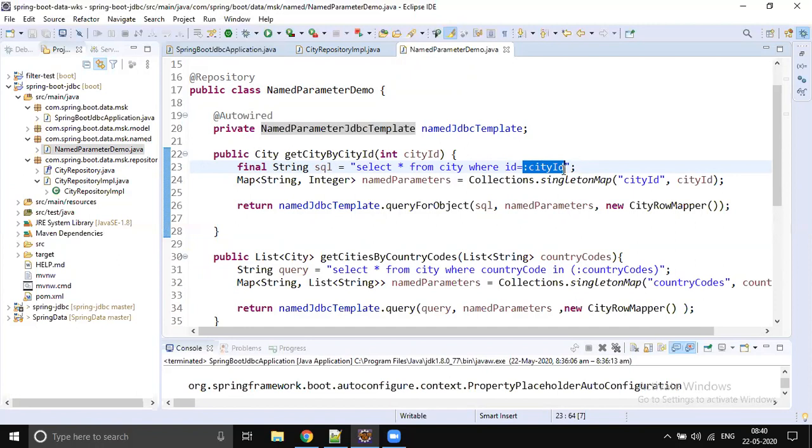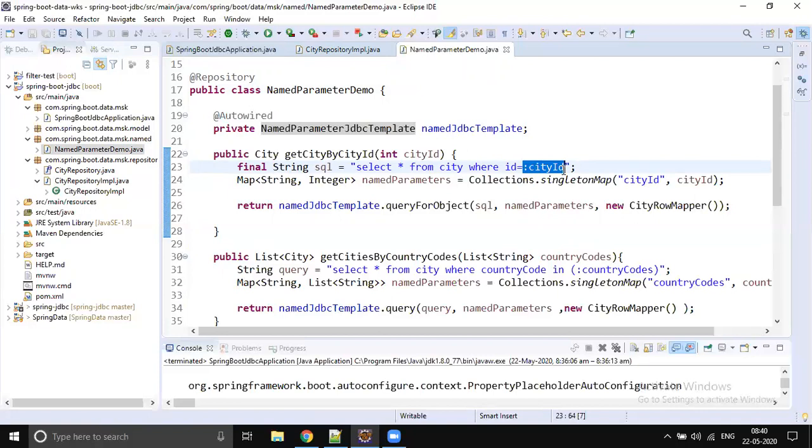There also we write some customized queries in some cases. By that time, instead of using placeholders, it's recommended to use named parameters. Most of the times it's better to use named parameters because it increases the readability of the query.